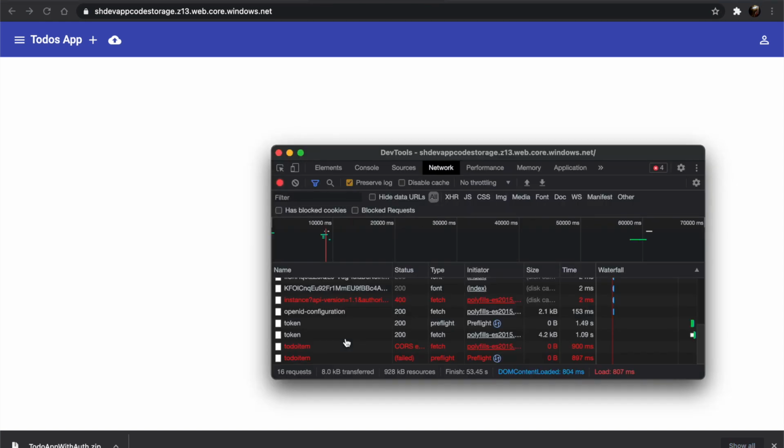Let's go to DevTools and see. Let's press F12 and go to DevTools and see what's going on. As you can see, even though we have set CORS settings in the API side, it's still being rejected. This is happening because Function App API authentication is forcing every request to be authenticated, including the pre-flight checks. So to overcome this, we need to set up API management.